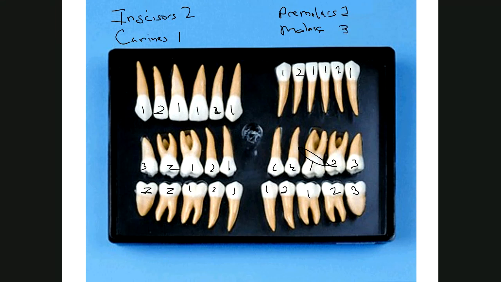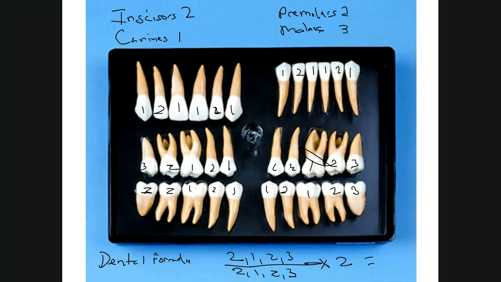And that gives us what's called the dental formula. So the dental formula for adult humans is 2, 1, 2, 3. Top, 2, 1, 2, 3. Bottom, both sides. And if we multiply that out, if we add it up, it's 32. But if we look at children,